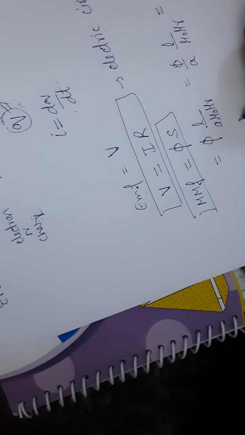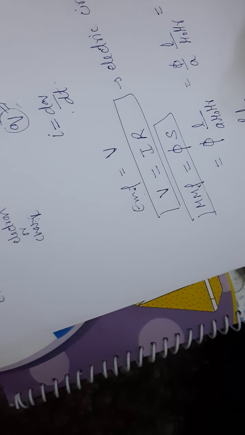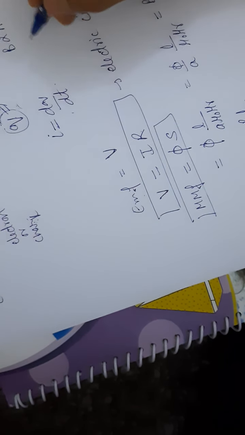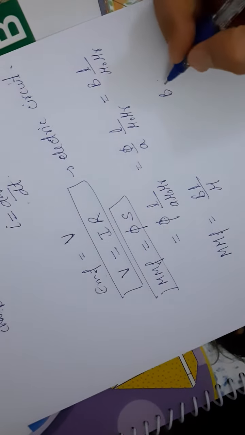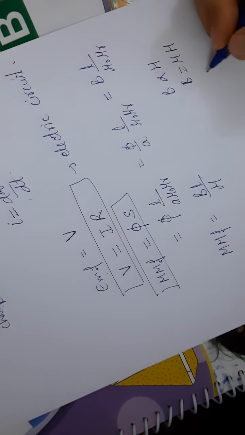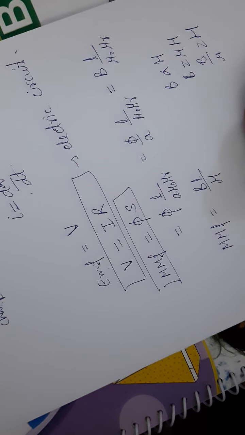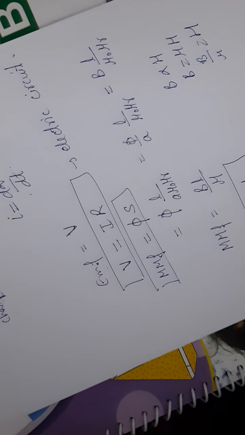What is mu? Permeability. So I can write MMF is equal to B L divided by mu, where mu is the permeability. But we have a relation between B and mu as well, because we know that B is directly proportional to H, and B is equal to mu H. And what is B divided by mu? It will be H. So I can write MMF is equal to H into L. This is the second formula.